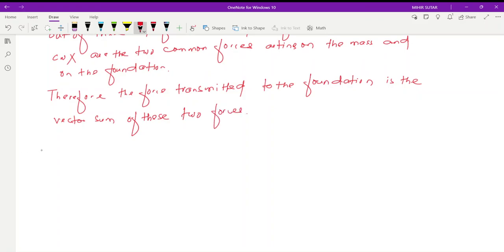Okay. So the force transmitted, denoted by FTR, is basically the vector sum of kx and c omega x. So you can write the square root of kx square plus c omega x square. Okay. Graphically, if you represent this,